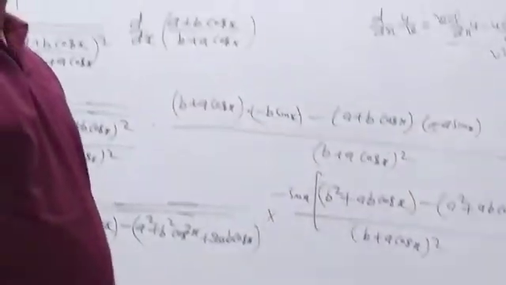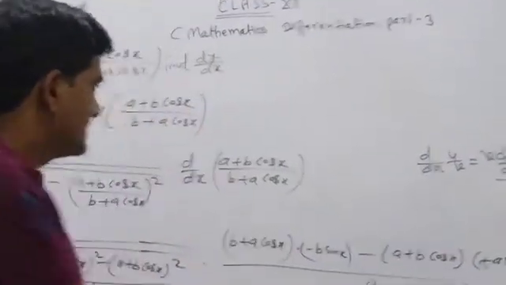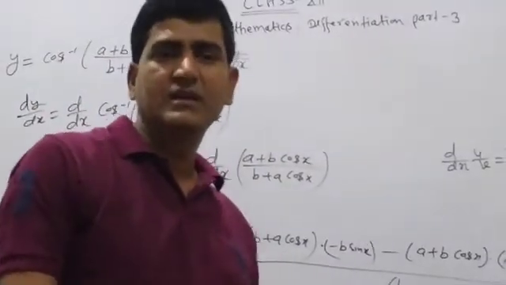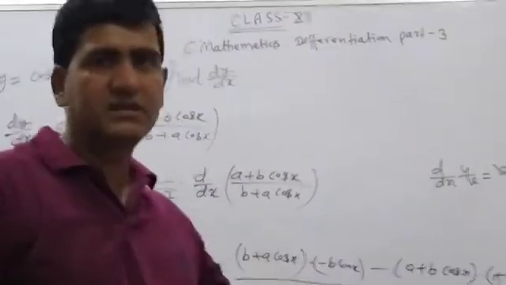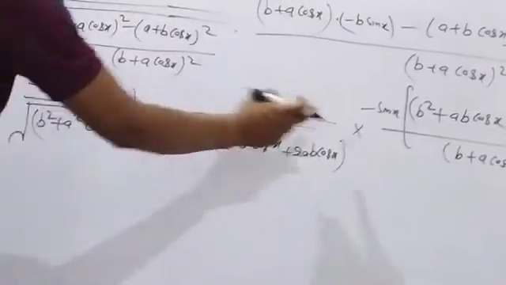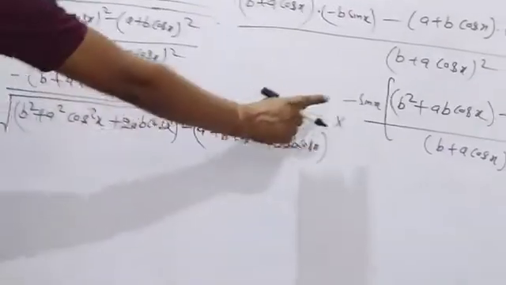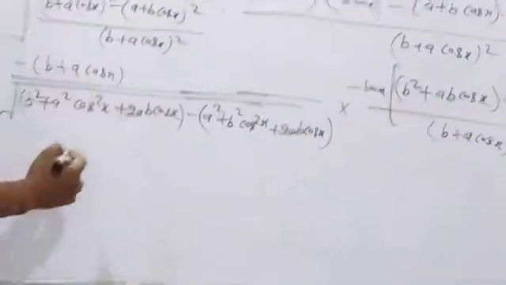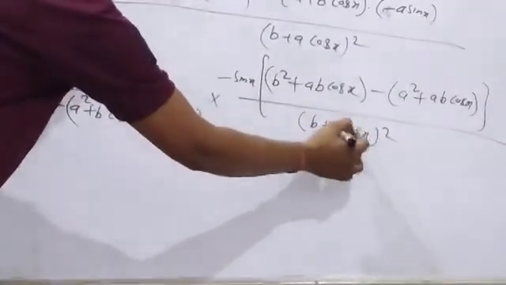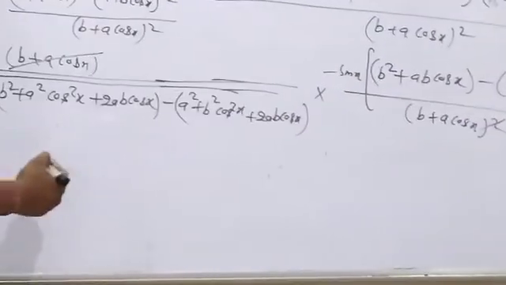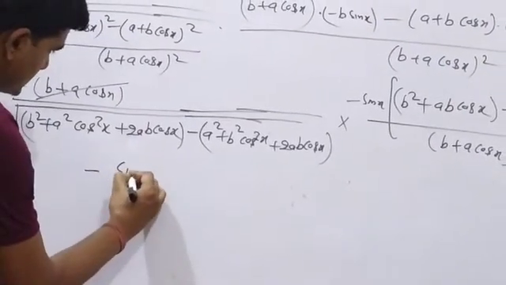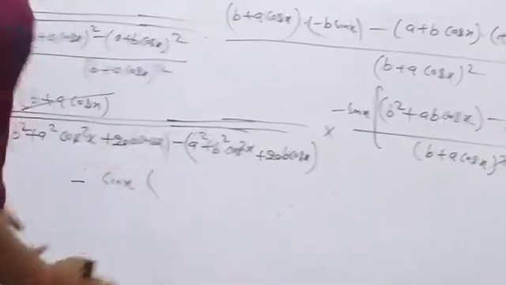I think this is a very lengthy calculation. This is not lengthy. If you know the calculations, it is a very simple, very short form. If you don't know the calculations, then even one line of calculation seems so lengthy. Now minus into minus is equal to plus sign, and (b plus a cos x) cancels with this, b plus a cos x means square here. Then it is equal to minus sin x into,